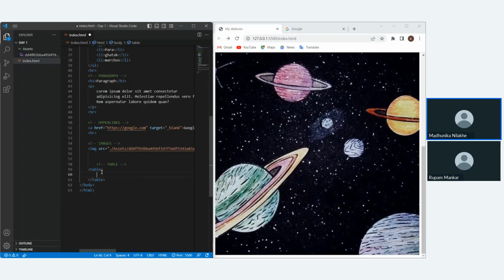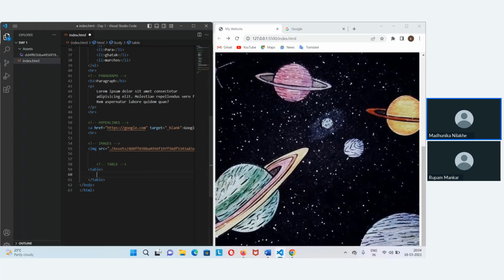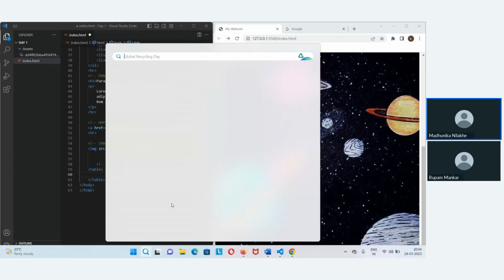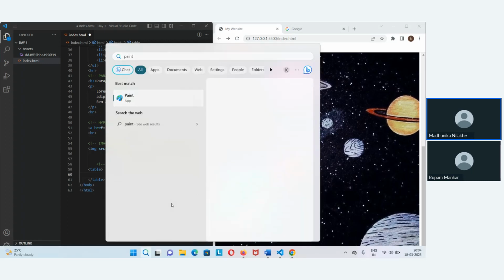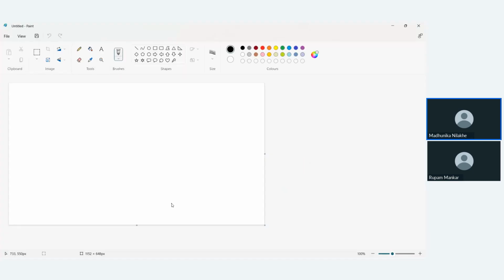So table, let's just create one table fast. Okay, ऐसे नहीं आएगा ये, let me just open my paint। क्योंकि जब मैं सिर्फ आपको टैग्स बताऊंगी, ये तो आपको कहीं पे भी मिल जाएंगे कि टेबल के लिए ये टैग है, उसमें TR है, TD है, TH है। एक दूसरा मोटिव मेरा ये है कि आपको उसका यूज भी पता हो, मतलब क्यों है वो, ये भी पता होना चाहिए।